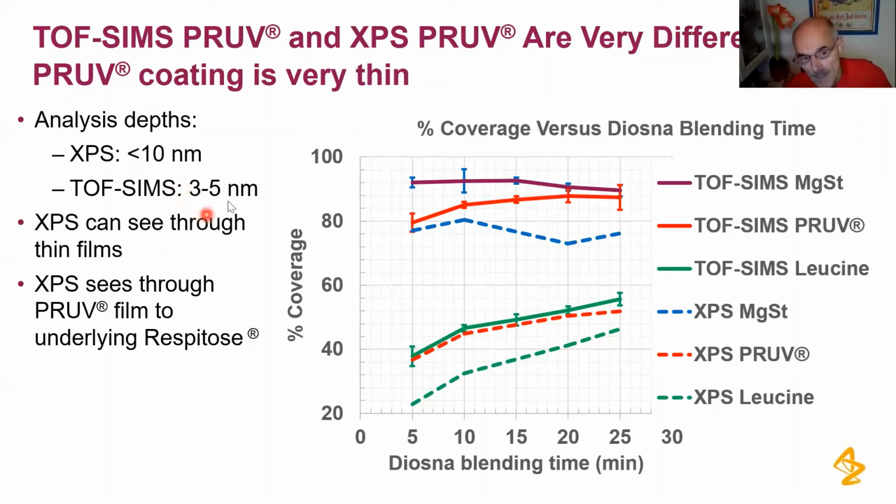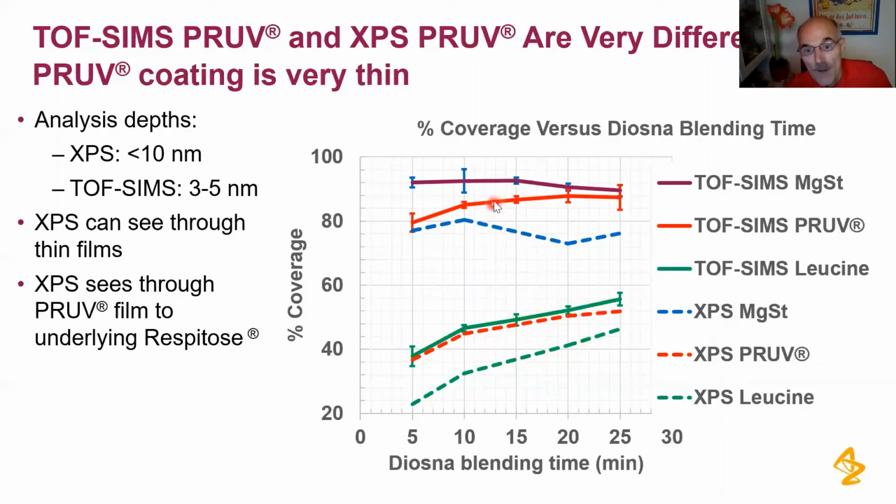So if you have a thin layer that looks very complete by TOF-SIMS, it could still show the underlying substrate because the XPS sees through it. And that's what we have in the case of PROVE. PROVE are the red ones here, and you see this big difference between the TOF-SIMS solid line and the PROVE XPS dotted line. Well, the XPS for leucine and the TOF-SIMS for leucine are very similar,